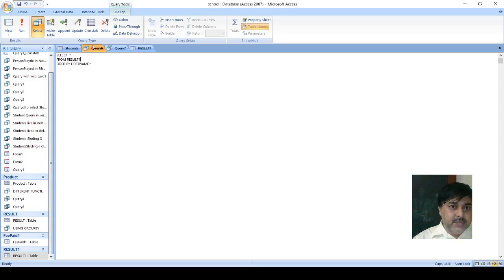Asterisk from result 1, order by first name. That means all the things that are there we will find, and we will have this particular structure and make this particular pattern.